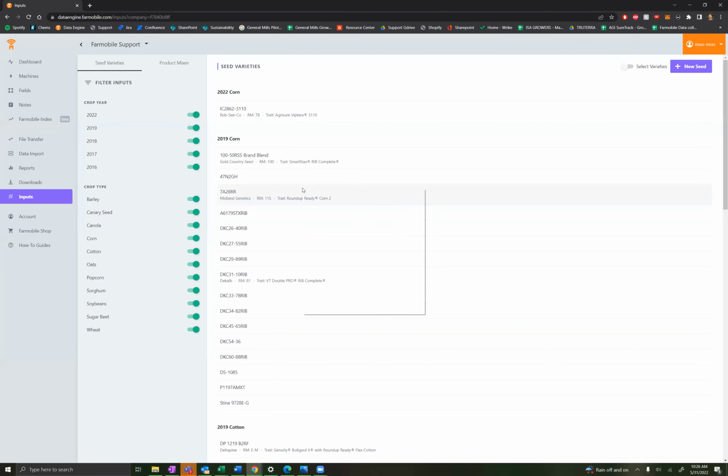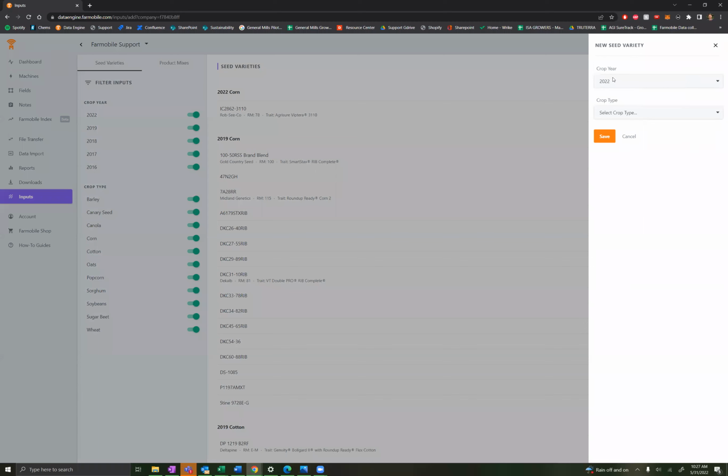On this screen, you can see a bunch of different crop types and crop varieties that have been added, but let's go ahead and add a new one. To do that, click on this New Seed purple button in the top right. The crop year is already defaulted to the current crop year, so we can leave that. And then you select your crop type, your brand,